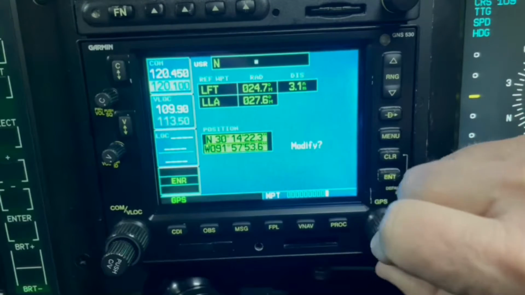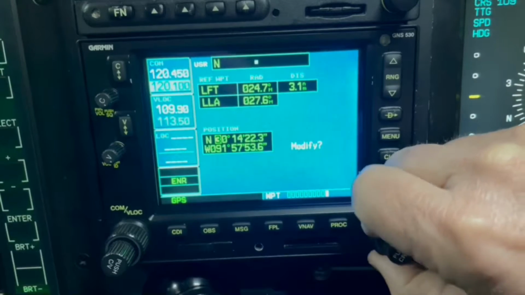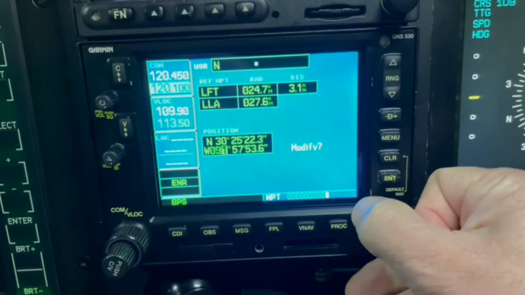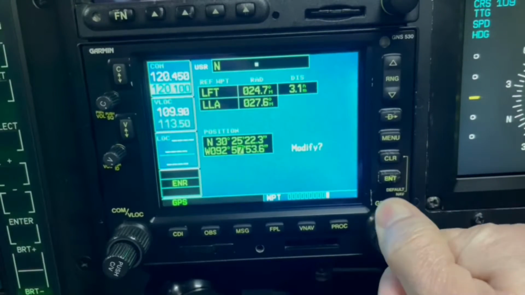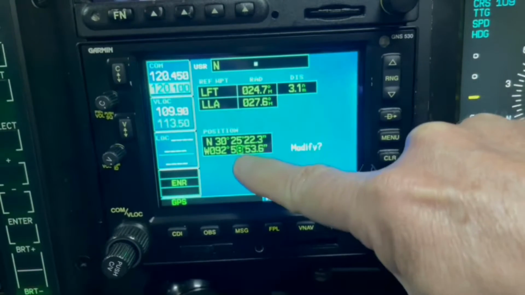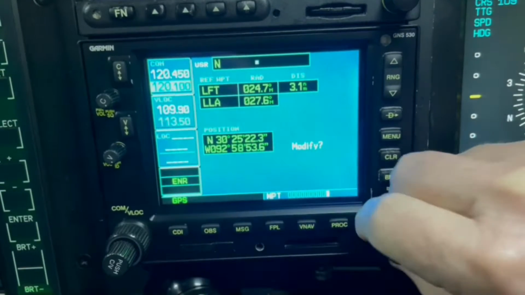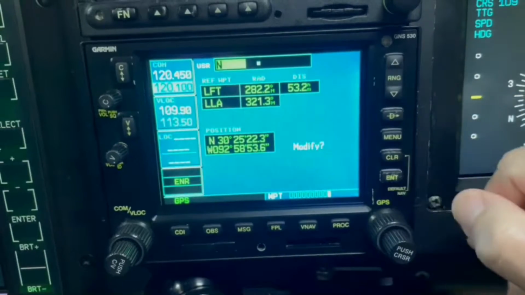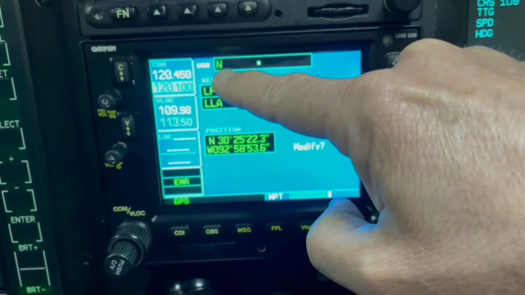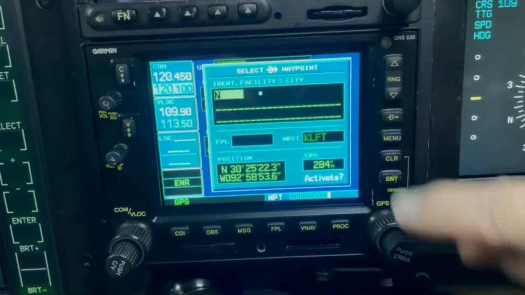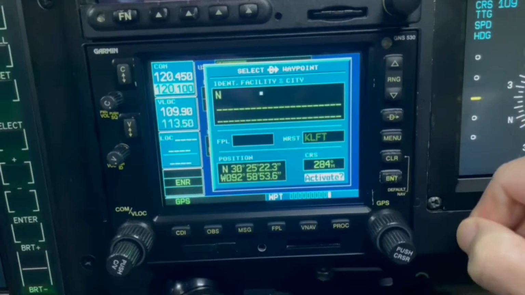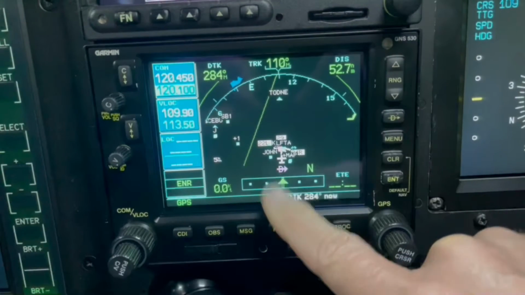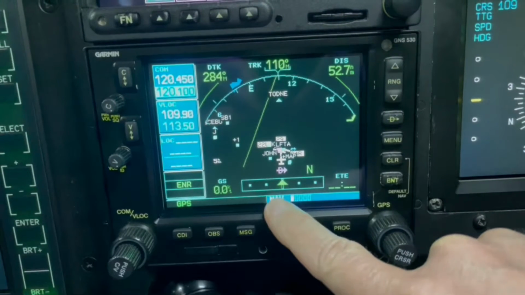So we'll come in here, input whatever you want for your coordinates, make your adjustments. There we go. So we've decided this is going to be our new waypoint coordinates. So we'll enter that. Then it's going to ask you to modify. Enter. Once it goes back up to here to user, you'll press direct to, enter, and enter. And there you go. It's going to default back to the nav chapter on the first page, but let's go